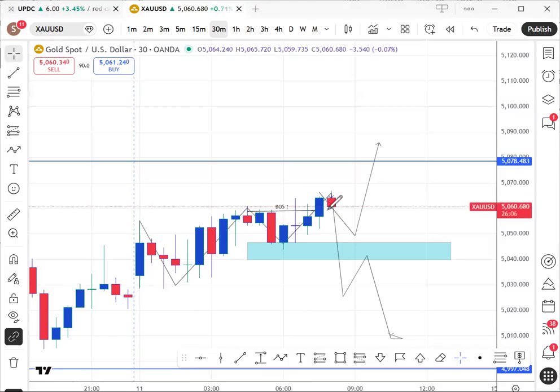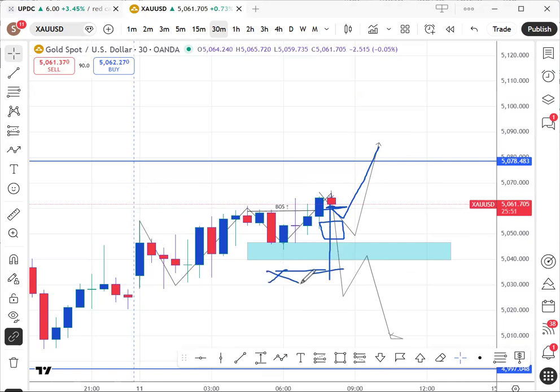So for instance, let's say price comes all the way down here, or let's even assume you take a trade right here, you put your stop loss right there, and you expect price to go up. What if price comes down and stops you out? That is totally fine. That is allowed. Don't beat yourself up that you've been stopped out. Look at your trade setup. Did you follow your trade setup? Yes, you followed it. So just move to the next trade setup, right?